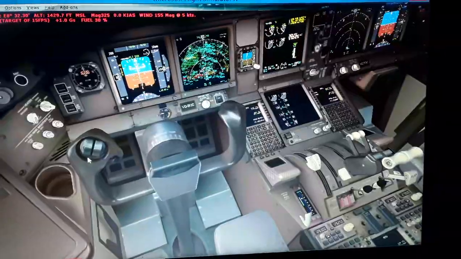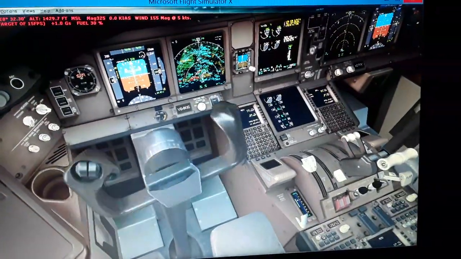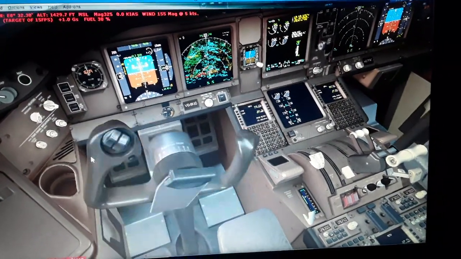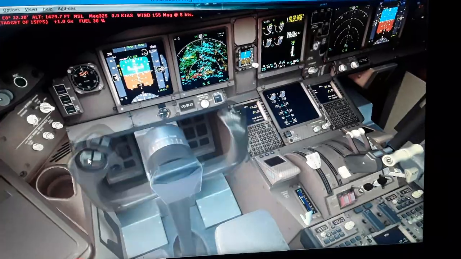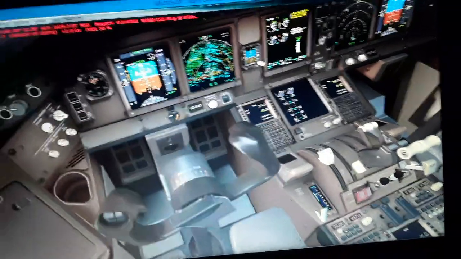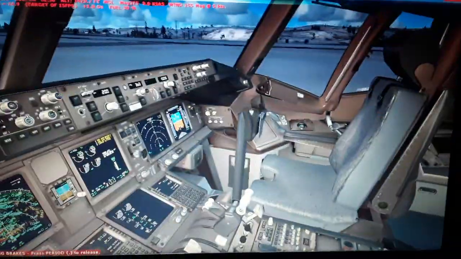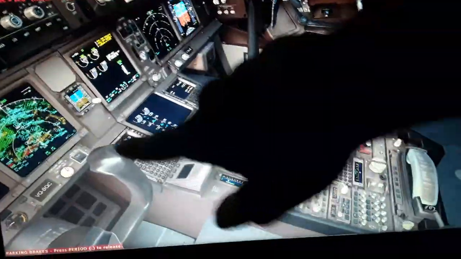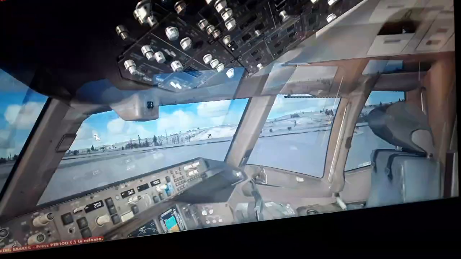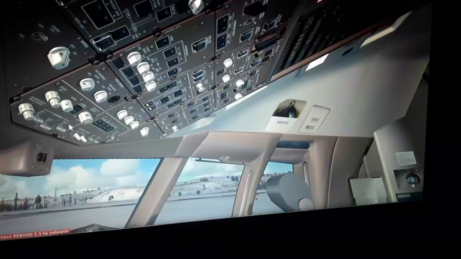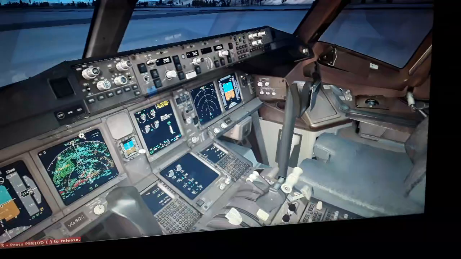For the flight controls like the elevator, pitch up and pitch down, the ailerons and the spoilers left and right, bank rolls, and also the rudder pedals for the rudder, the vertical stabilizer. Also we have the flight management computer over here. On the overhead panel we have the electrical system, the hydraulics, the fuel system, the pumps and the cabin pressurization